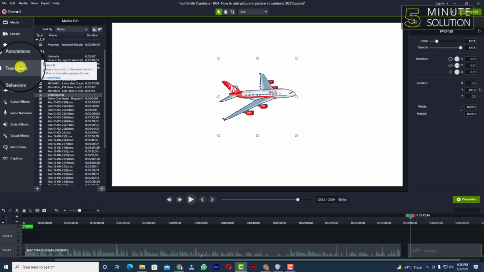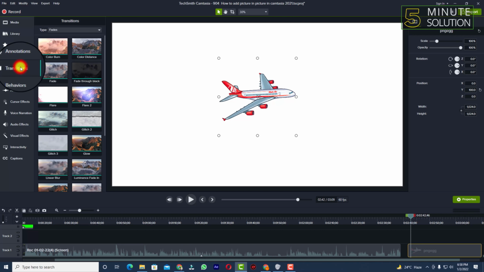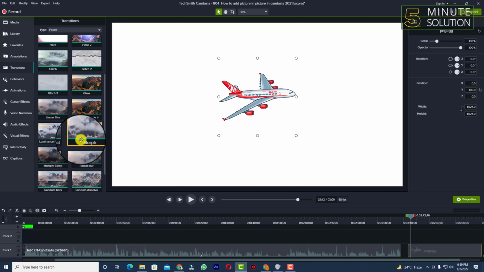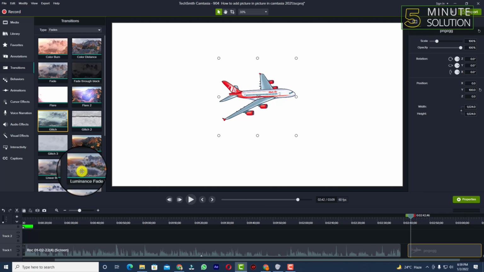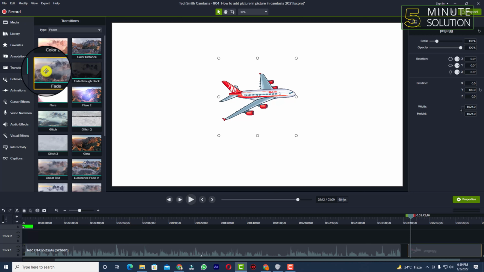If you notice my mouse cursor, you need to click on the transitions option in the left side of your Camtasia. Now you can see there are lots of transitions available, right? Like linear, blur, glitch, and morph, and lots of this type. So for sake of example, I'm gonna use this